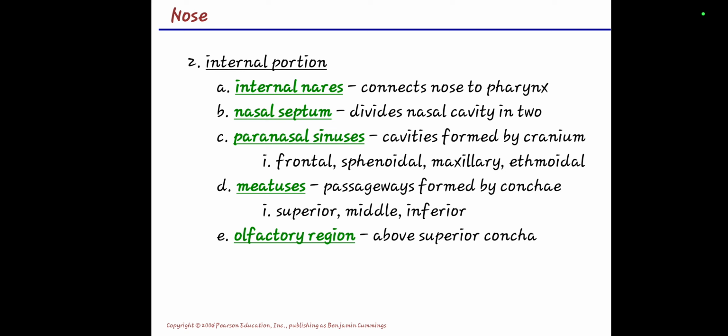We also have the meatus. It is a passageway formed by a concha, superior, middle, or inferior. So what does it mean? If we explain it in an anatomical way, a meatus is basically a natural body opening or a canal. It usually refers to the external meatus, which begins at the opening of your ear canal through your nose.